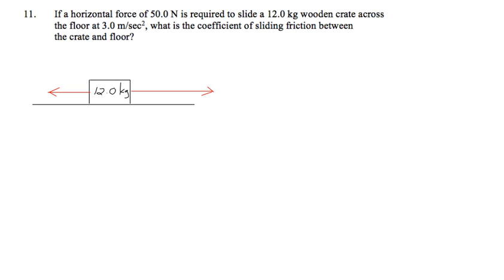And so everything has to be labeled when you're doing these. So this is the applied force, and I know what that number is in this problem. It's 50 newtons. And I also know the acceleration. So the acceleration in this problem is 3.0